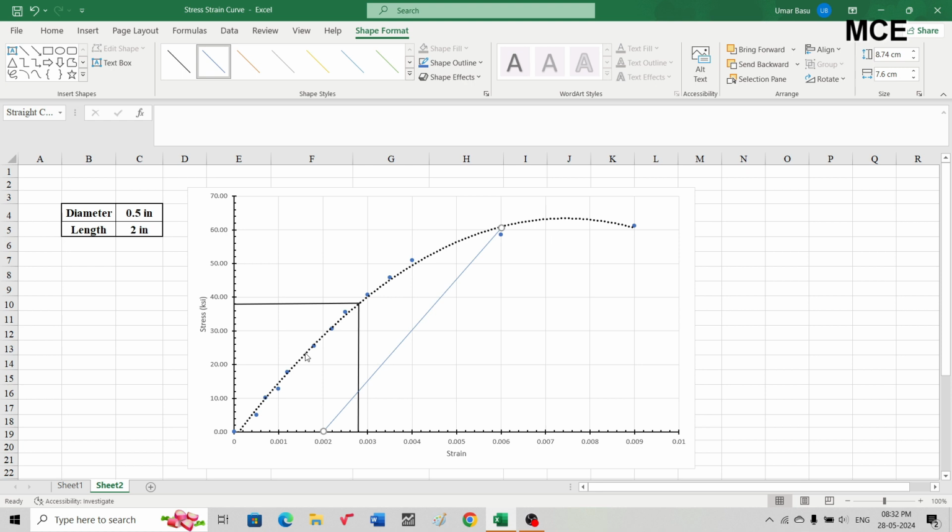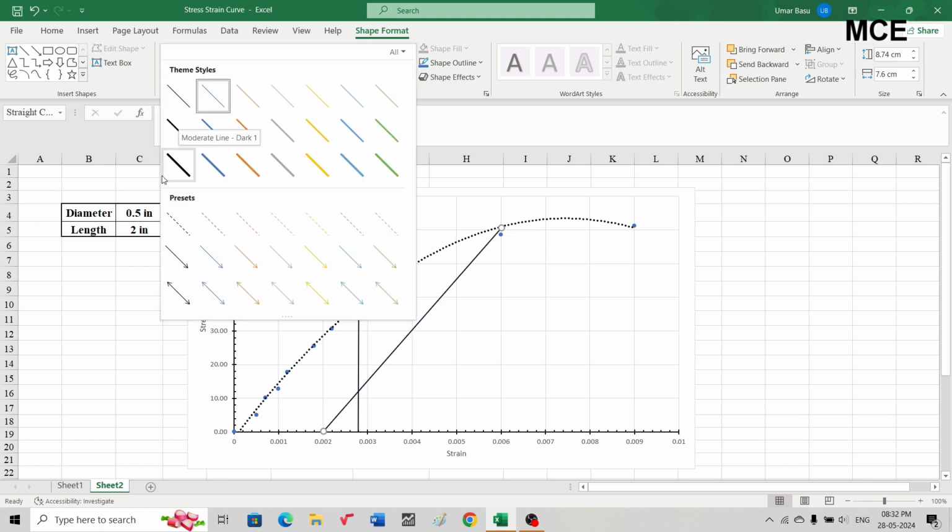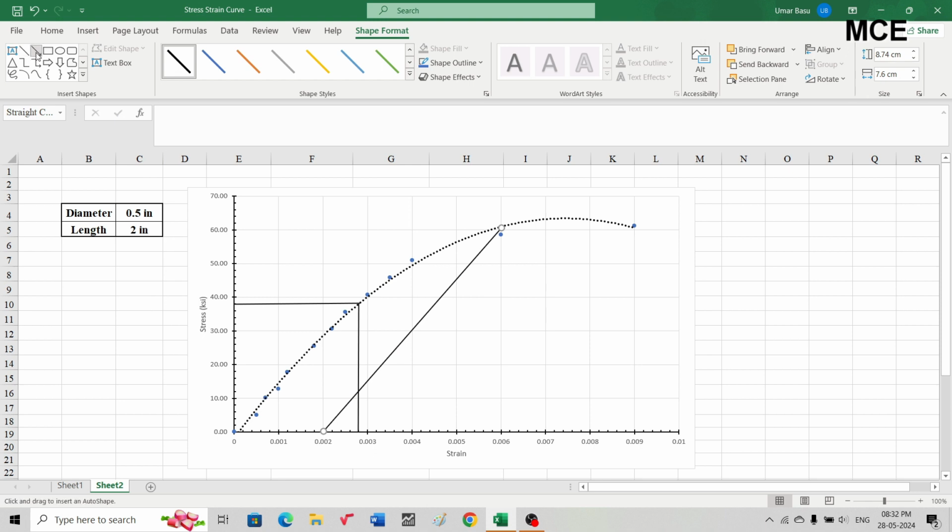You can see this line and this line, which is the initial straight line of the stress strain curve. These are approximately parallel. So this line, that is the line at the 0.002 value of strain, cuts the stress strain curve at some point. From this point you will draw a horizontal line. Draw a horizontal line from this point, and wherever it touches this vertical axis will give you the value